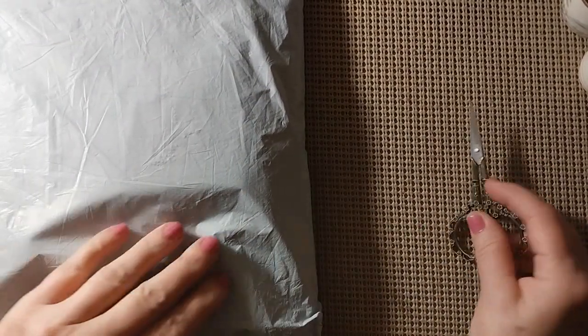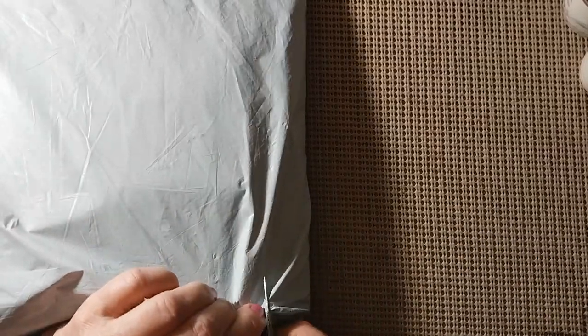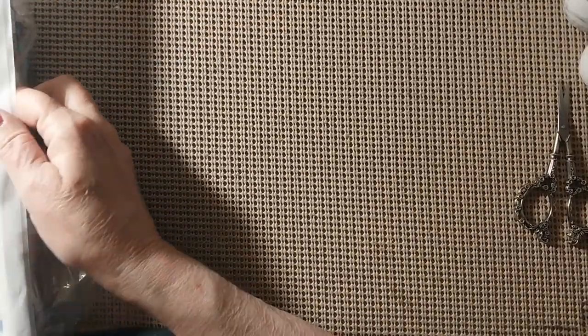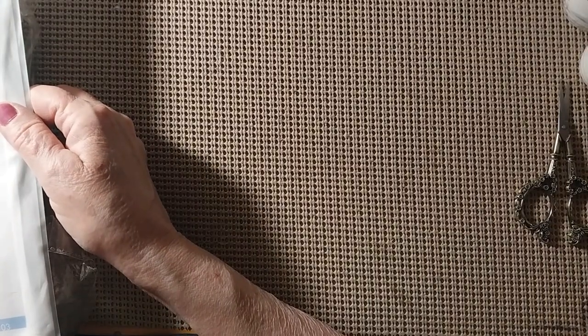Well, today we have another unbagging. That means we have another review. Let's see who this is from. Well, we have cross stitch kits. Get it out of the bag. All right. This is from ColorfulDIY,